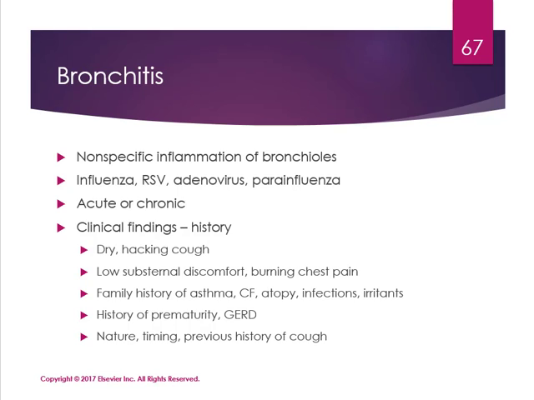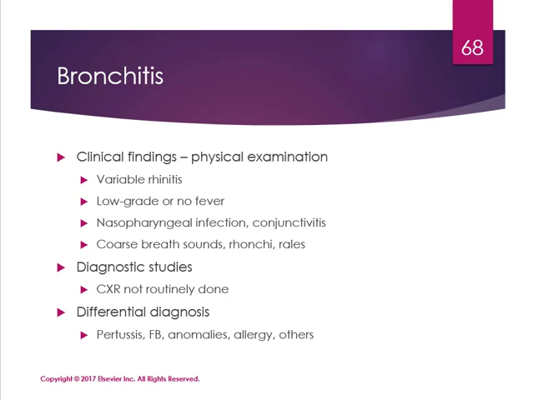Acute bronchitis is usually preceded by a viral infection. It's associated with inflammation of the large airways, and with that there can be destruction of the cilia. This illness may be also associated with pharyngitis as well as rhinitis. And although the virus is the most common cause of acute bronchitis, due to weakened tissue, secondary bacterial infection can occur. On exam, you may find that, as we talked about, rhinitis, a low grade or no fever, nasopharyngeal infection,